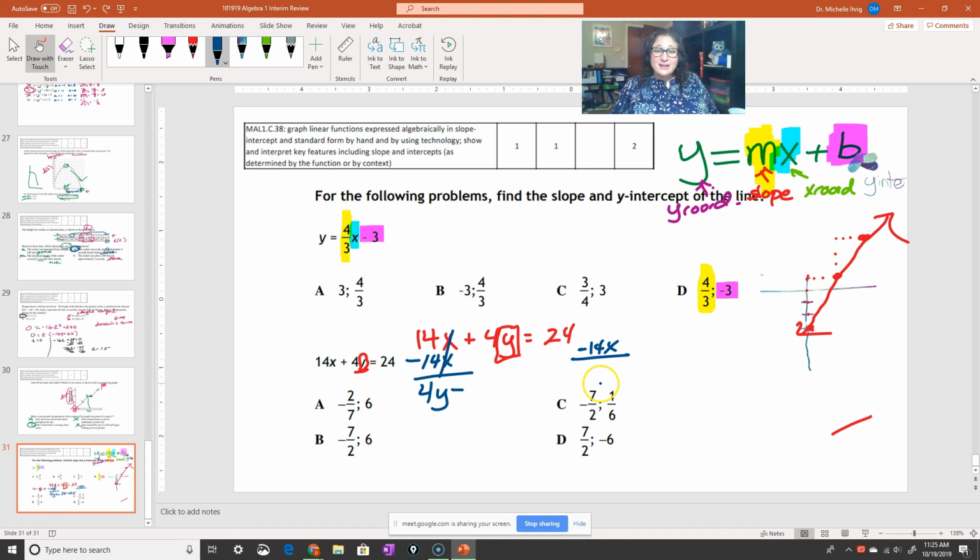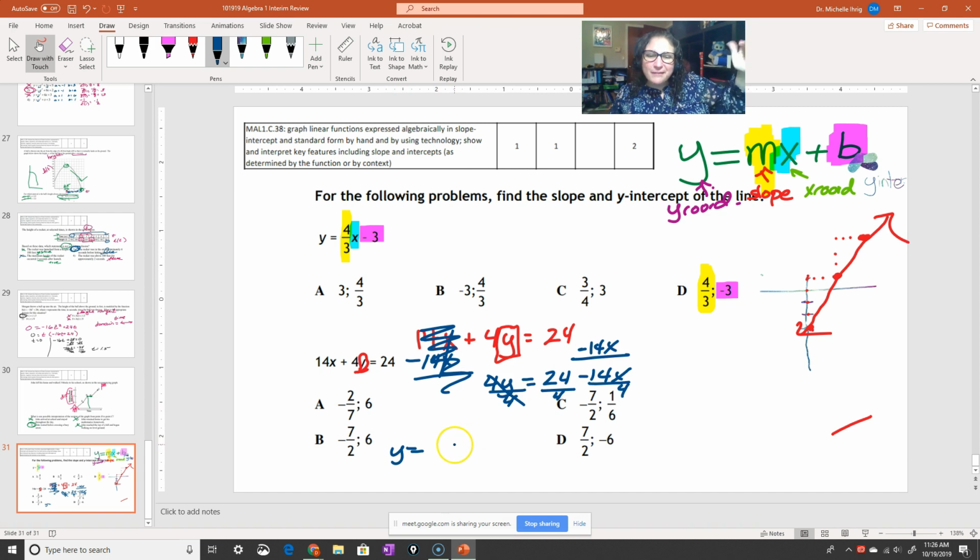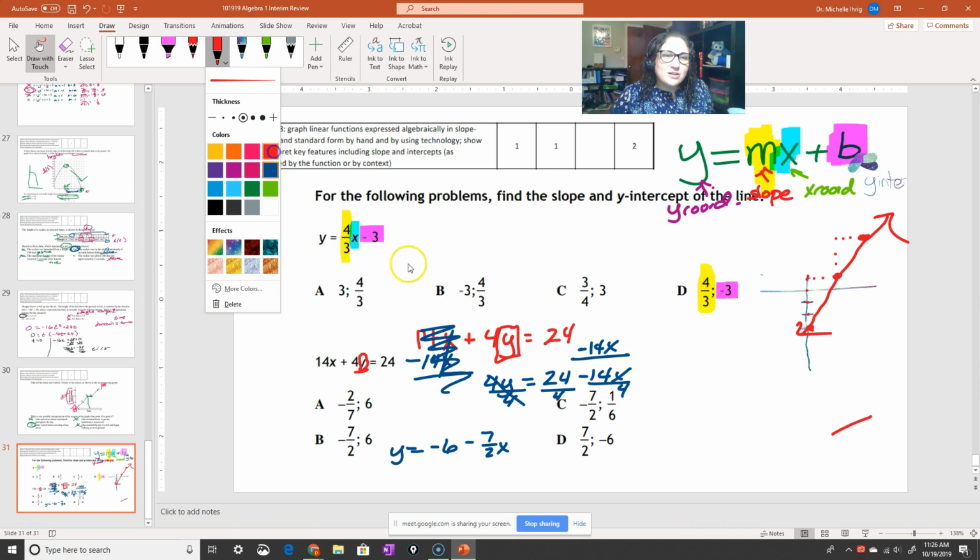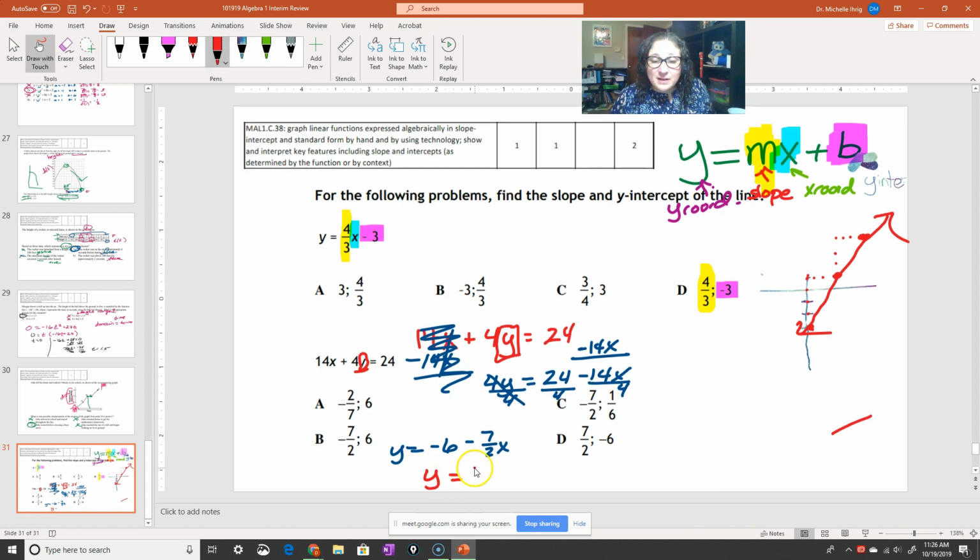I did that because I knew that when I write my 4y here, this canceled out. Then I'm going to divide everything by 4 because I need to get y by itself. So I'm left with y equals, well, negative 24 divided by 4 is just negative 6. And then I can simplify that to be negative 7/2 x. Now that's not technically in y equals mx plus b form, so I'm going to rotate and switch things around. Instead of having the intercept first, I'm going to rewrite it so the negative 7/2 x comes first, and then the negative 6 comes second.